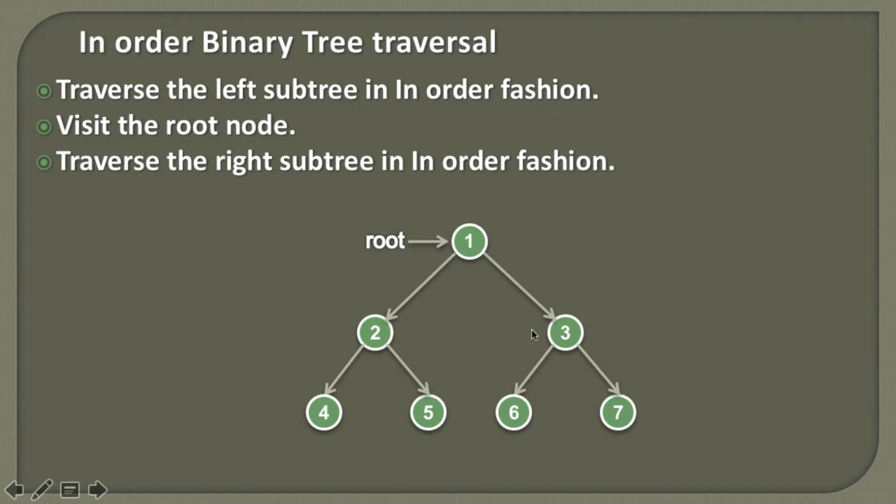Once we reach the node 3, we apply these 3 steps over the node 3. Before processing of the node 3, we first go to its left subtree, then we visit the node, and then we go to its right subtree. When we reach its left subtree, we encounter a node having data as 6. So we apply these 3 steps now over node 6. We visit its left subtree, then we process the node, and then we visit the right subtree.